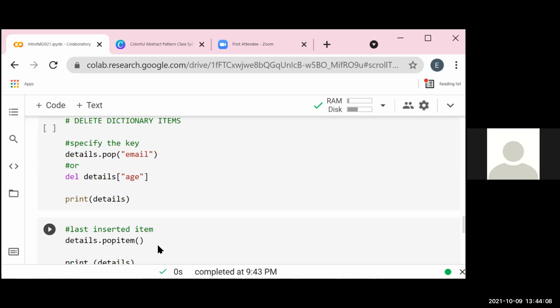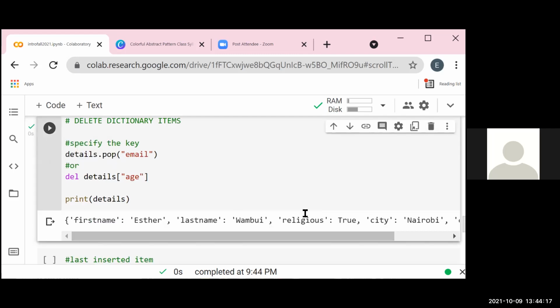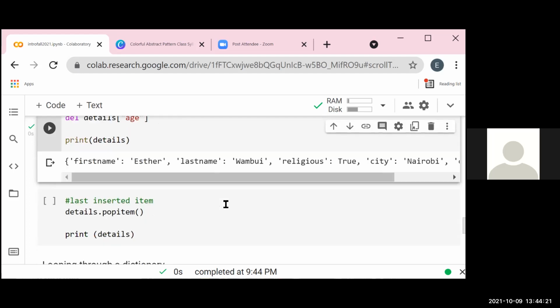So we can use the pop method or the delete. Now, as you can see, we don't have the email and we don't have the age. So that's how we delete items from a dictionary.